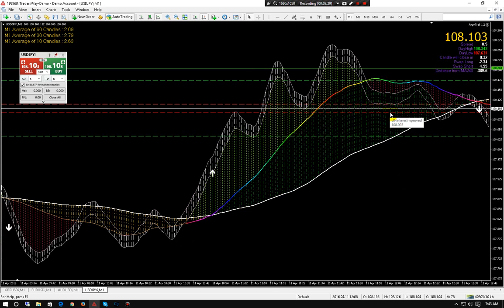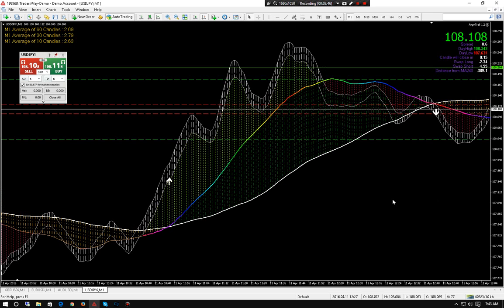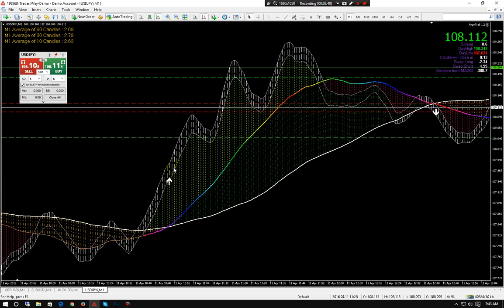A lot of you, this is just basic stuff that if you've ever studied moving averages, you should know already. The arrow here doesn't mean take a trade. This is why I took candles off. All this arrow means is a potential trend change. It does not mean take a trade. It's just there to say that there's a potential trend change.